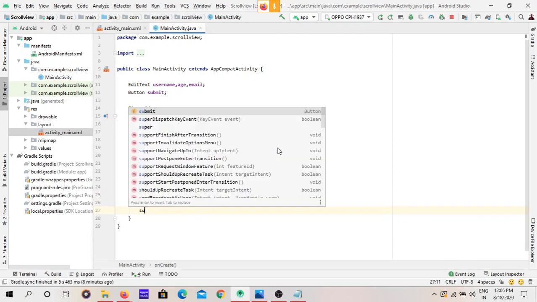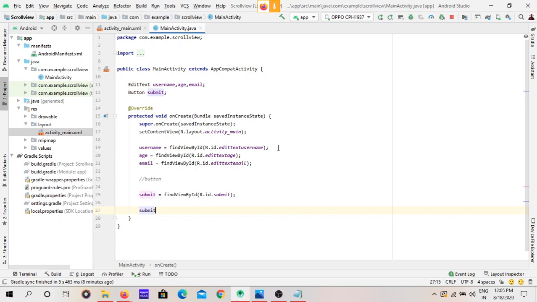Now give some action listeners to this button. What? Set on click listener, new, capital O, and enter.